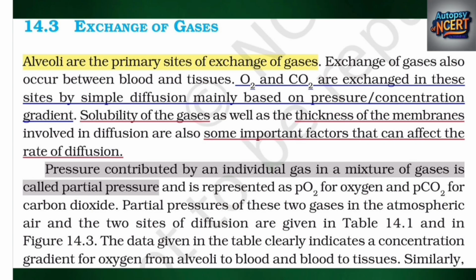Pressure contributed by an individual gas in a mixture of gases is called partial pressure and is represented as PO2 for oxygen and PCO2 for carbon dioxide. Partial pressures of these two gases in the atmospheric air and the two sites of diffusion are given in Table 14.1 and in Figure 14.3. The data given in the table clearly indicates a concentration gradient for oxygen from alveoli to blood and blood to